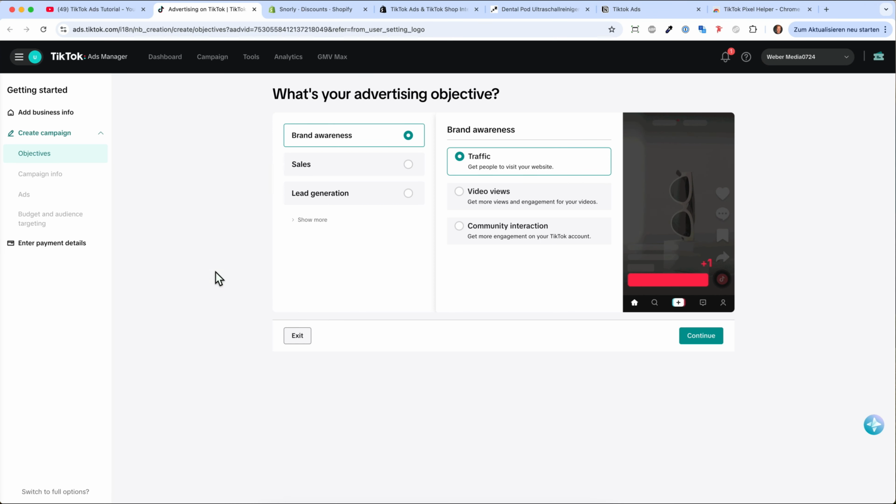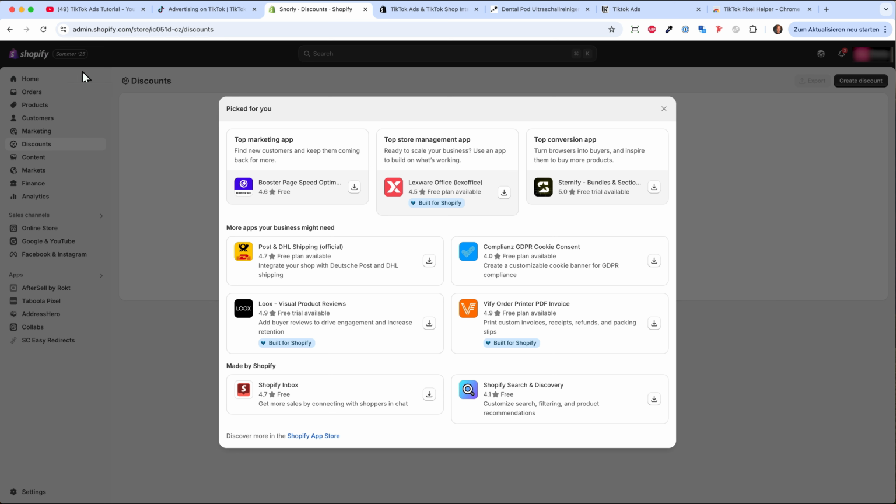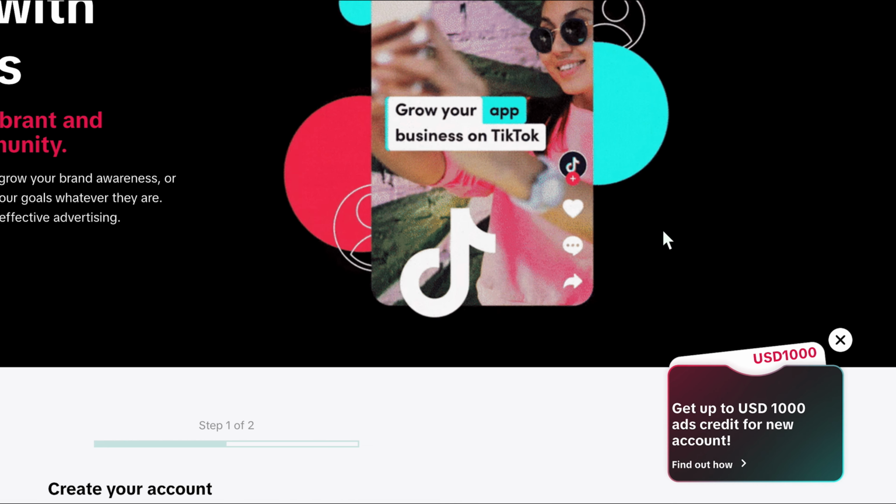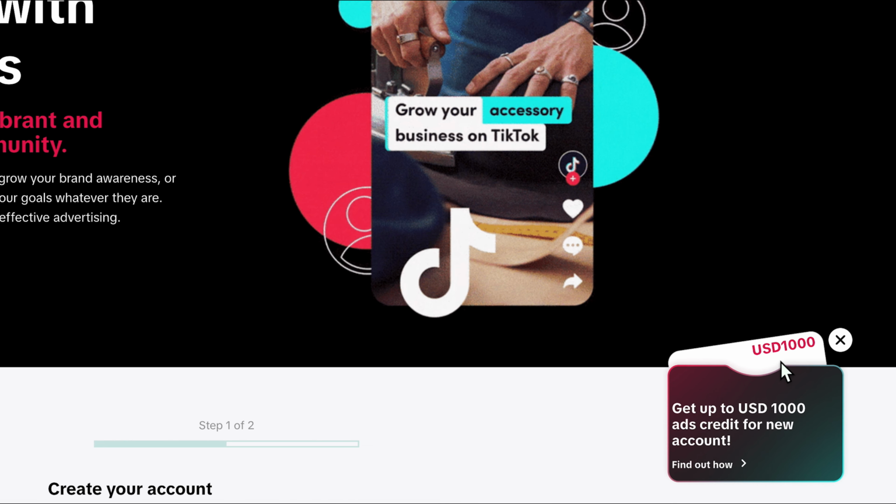So in this video, I want to show you how you can connect your TikTok Ads Manager with your Shopify store. Before we go ahead and install the TikTok app, we want to claim the TikTok ad promotion, because right now they're running a promotion where you can get up to 1,000